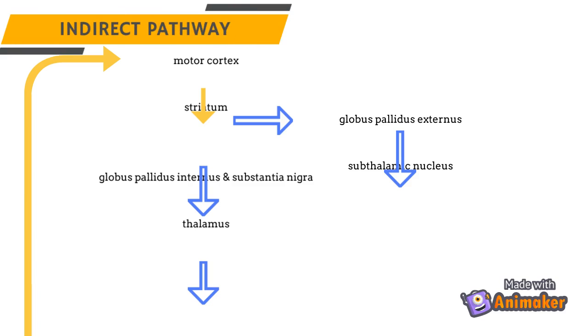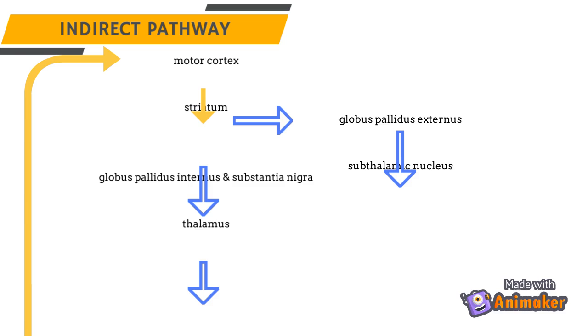The indirect pathway also starts with sending excitatory signals from motor cortex to striatum. So this is where the indirect pathway differs. The striatum sends inhibitory interneurons to the globus pallidus externus. So you can see in the flowchart, the globus pallidus externus will send inhibitory neurons to the subthalamic nucleus, and